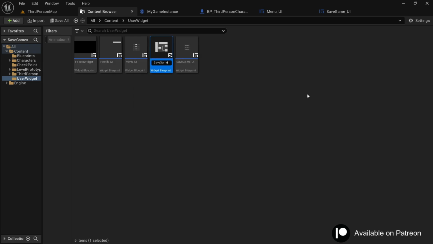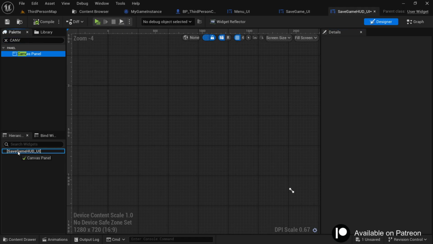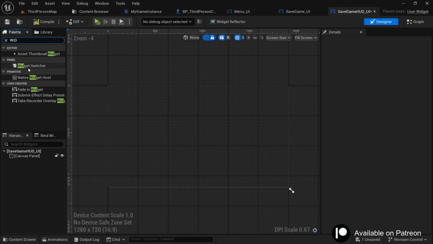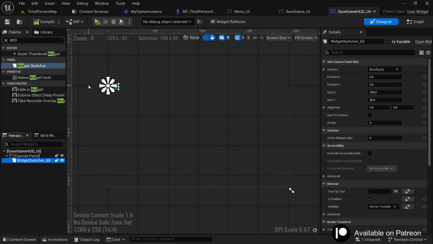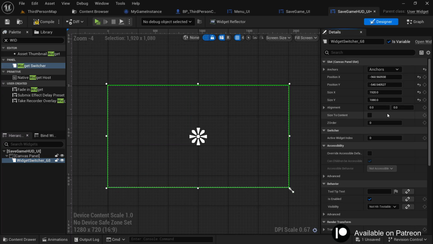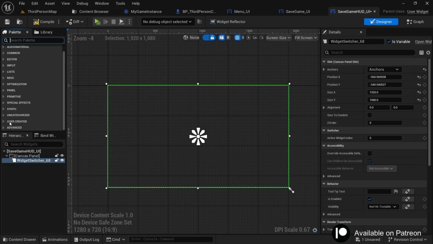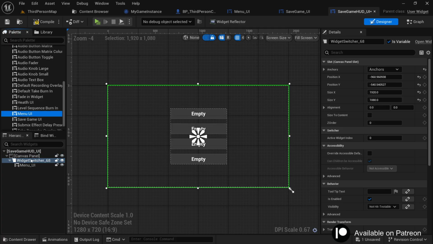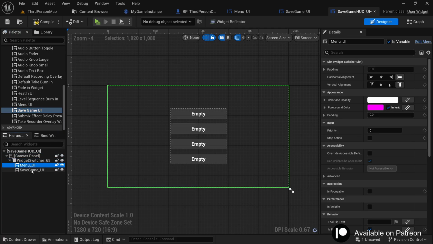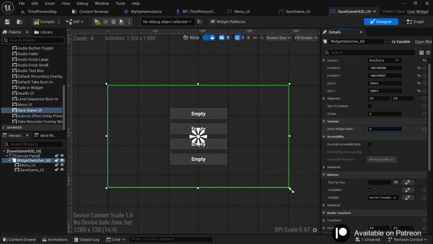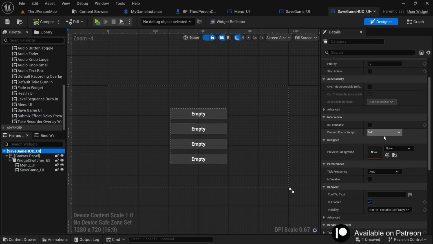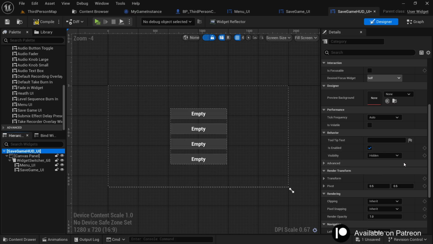Let's name this save game HUD UI. Open this up and from the palette, get the canvas panel. And we're gonna use a widget switcher. Make sure it covers the whole canvas. Set the anchor to center, and then in the user created, drag the menu UI and save game UI under the widget switcher. So with this widget switcher, we can change between user widgets using this active widget index. Now let's set the default visibility of this UI to be hidden,